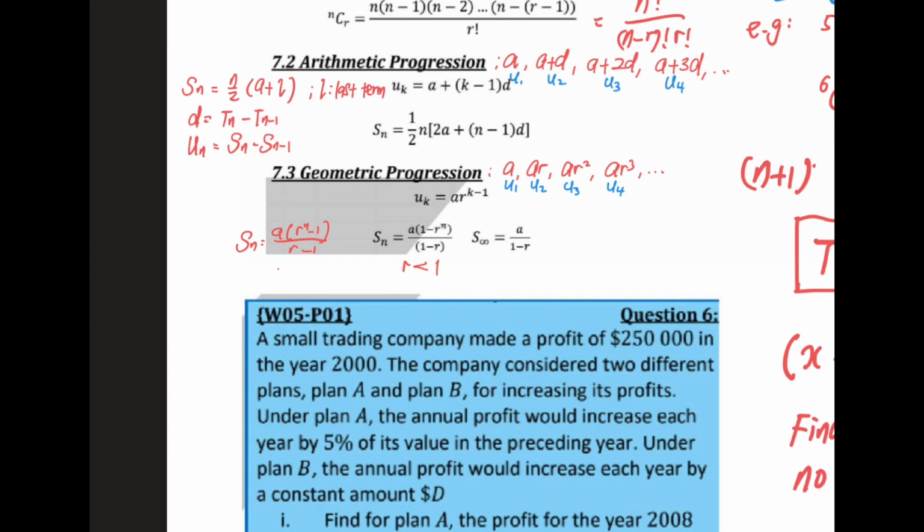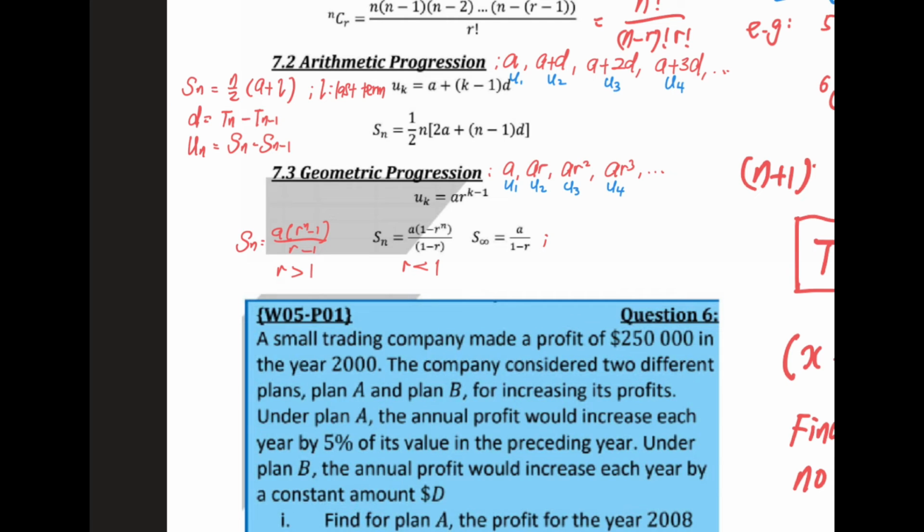And normally we use this version when r is greater than 1. Okay, so we also have S infinity. S infinity, this is sum to infinity. Sum to infinity only happens in geometric progressions where